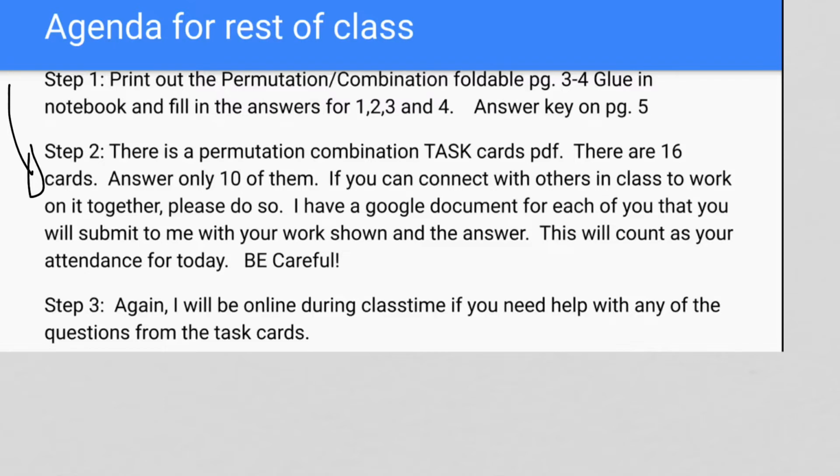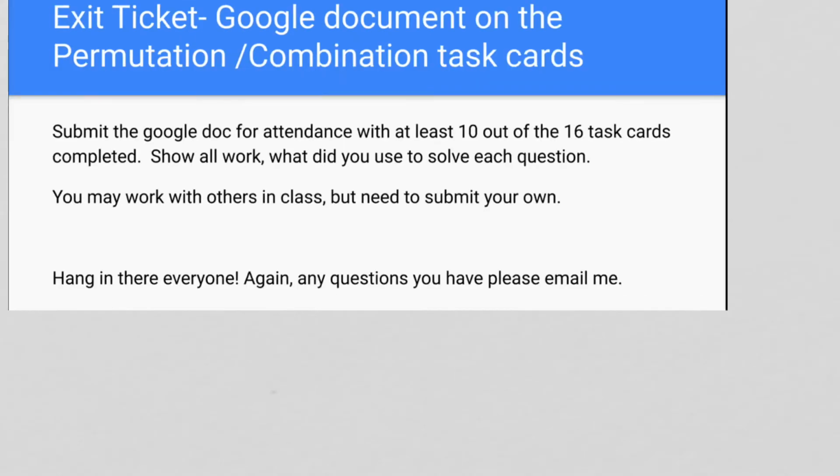If you do want to work with each other, you may during this time. Just be careful. Please ask any questions that you have. I'm available. Just email me. So that's the last thing that will be required for today's class. There is no homework over the weekend. Your exit ticket is just to finish up those task cards, choosing the 10 out of the 16, showing your work and submitting that to me